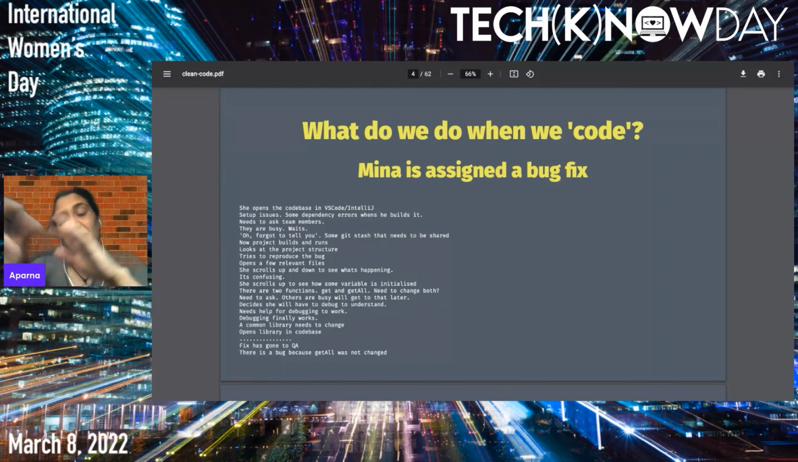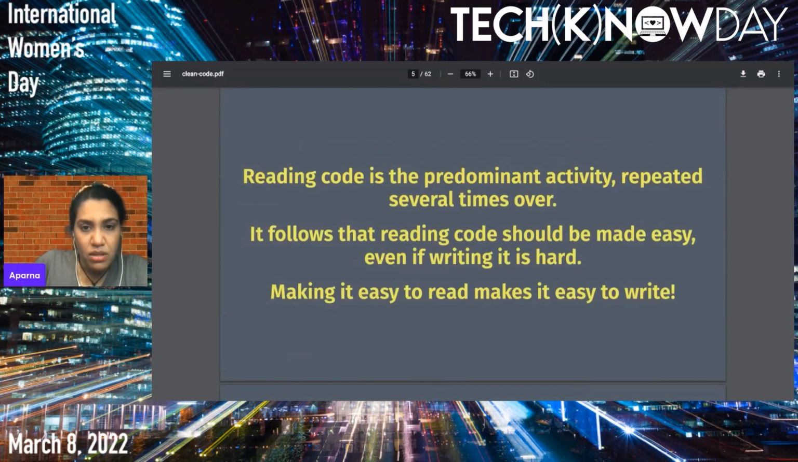A bit of a drama here. Fix has gone to QA. There is a bug because get all was not changed. She changed only get. Okay, what did we see in this little day in the life